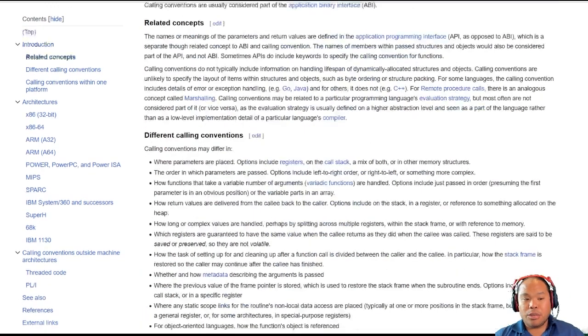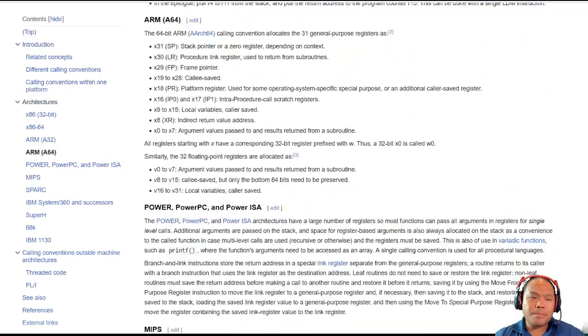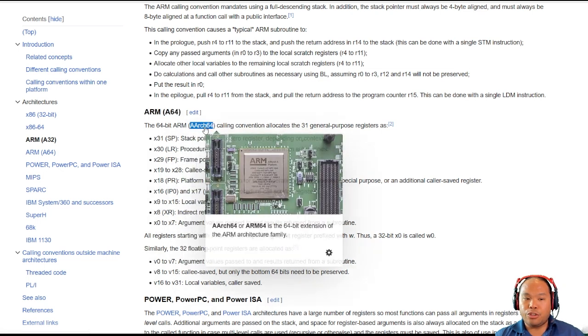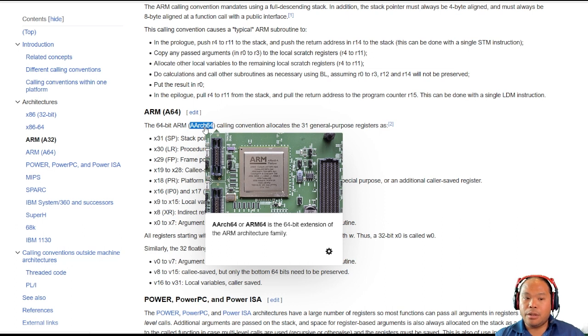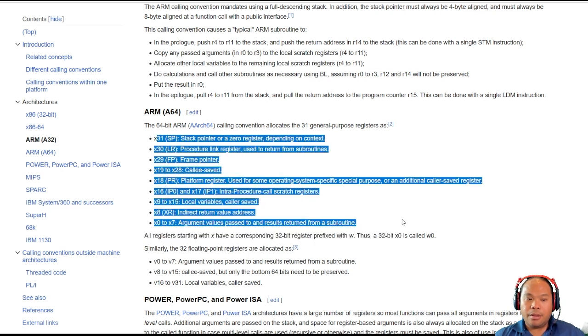So let's scroll down here, and you'll see a lot of different calling conventions described. Obviously, we are working with ARM. Wikipedia refers to this as A64. Generally, I've heard of it referred to as ARMv8. I think that's a more common term. And what you'll see here is, according to this calling convention, we have some expectations for how you use the registers. Up until this point, you've been using registers 0 all the way up until 15 without really considering whether you can or not. And it turns out that